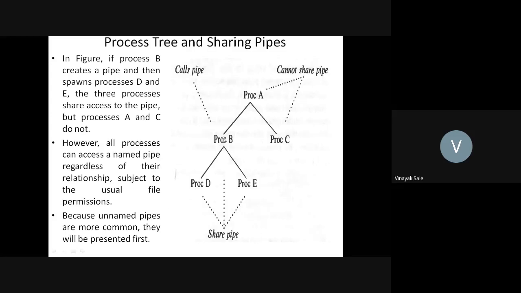Process B creates a pipe, and then process B is divided into two parts, process D and process E. The three processes share the pipe: process B, process D, and process E. But process A and C cannot share this pipe